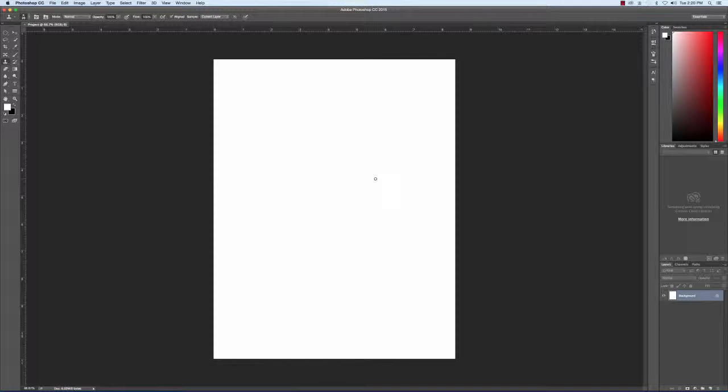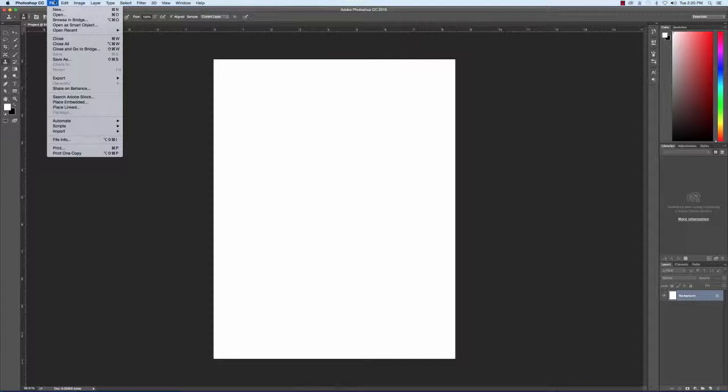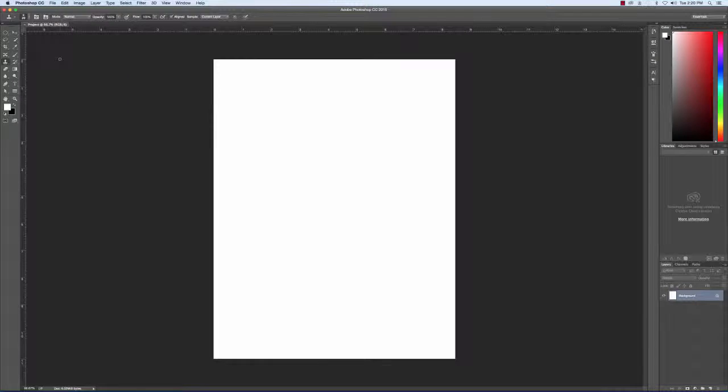It's on this document that I can then do a variety of different things in Photoshop, which I'll go over in other tutorials. But once I've got my file ready to save, I'll go to File, Save As. We use Save As when we're saving the file for the very first time. Once we've saved it once, we would just use the Save button. You can see that it's grayed out because we haven't done anything to this file. So I'll go to Save As,